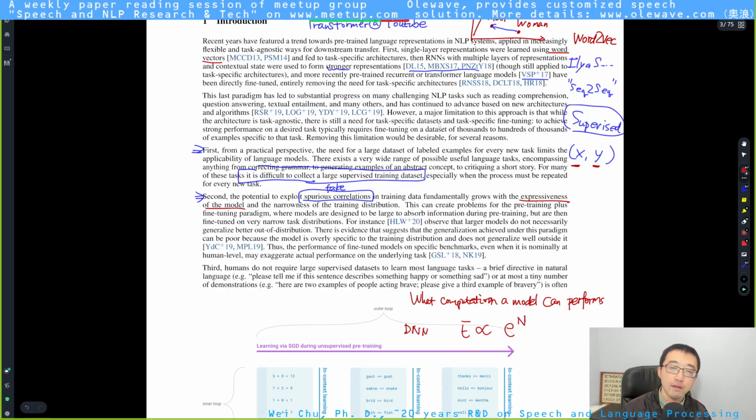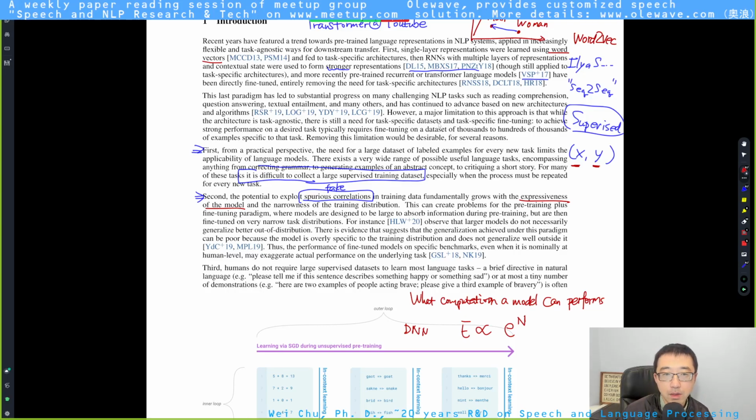So you can see that for the DNN model, the deeper the model is, the more expressive the model is, which means the model is capable of computing very complicated, very sophisticated or complex computation.